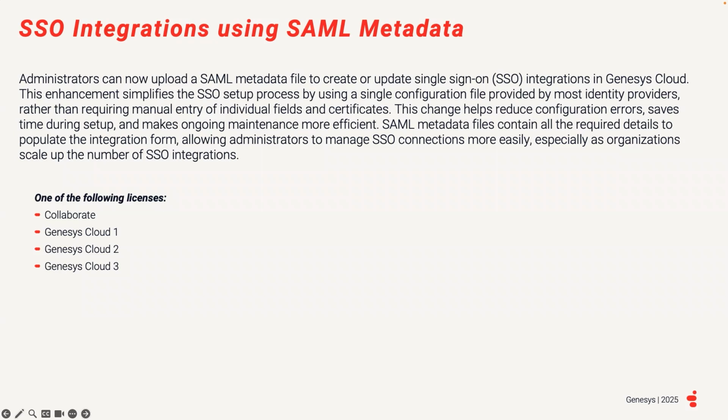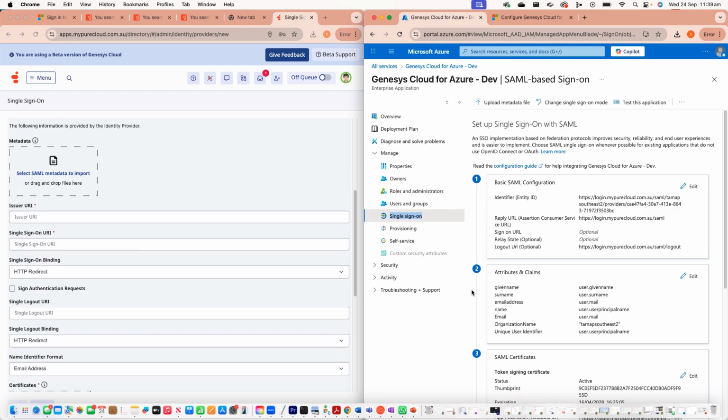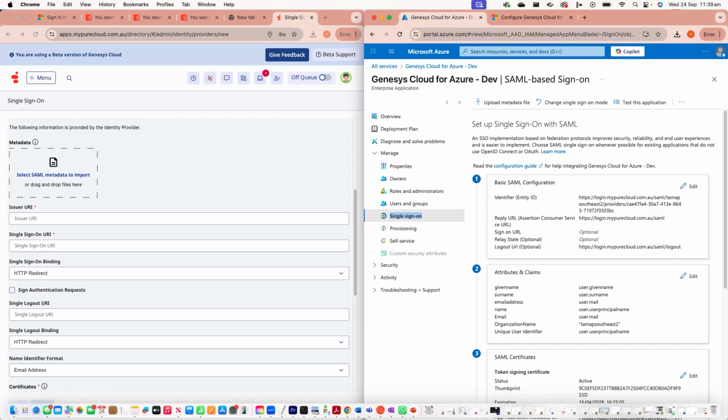So how does this work? Let's have a look at the demo environment. The process is very simple. First, you'll need to create a configuration in the SSO provider, export from there, and import the same in Genesys Cloud. Here on my screen, on the left hand side, I have the Genesys Cloud integration page open,